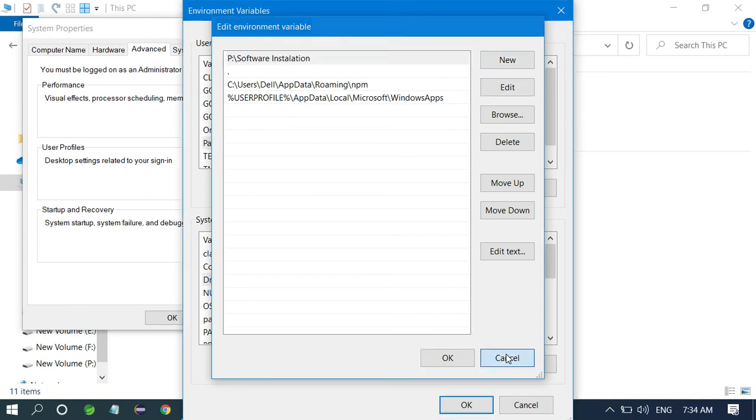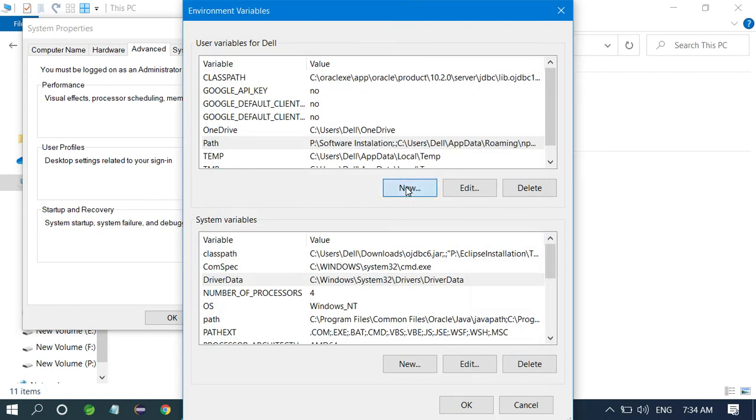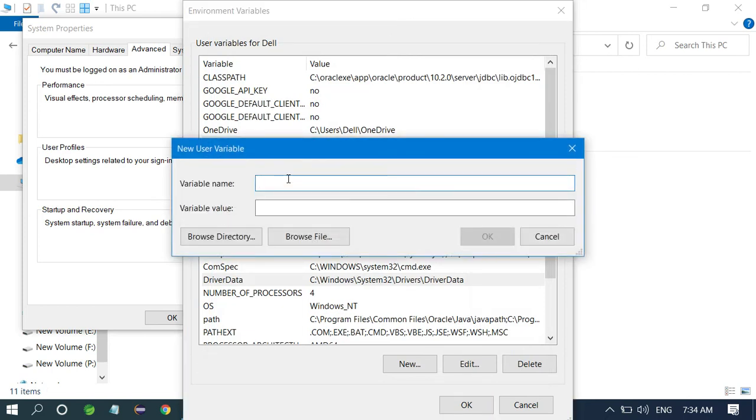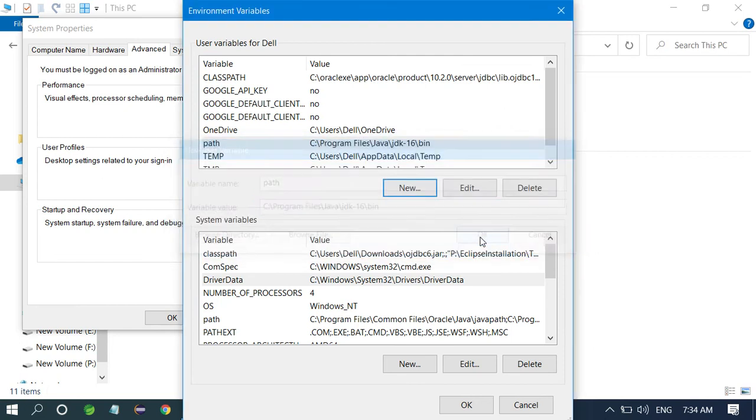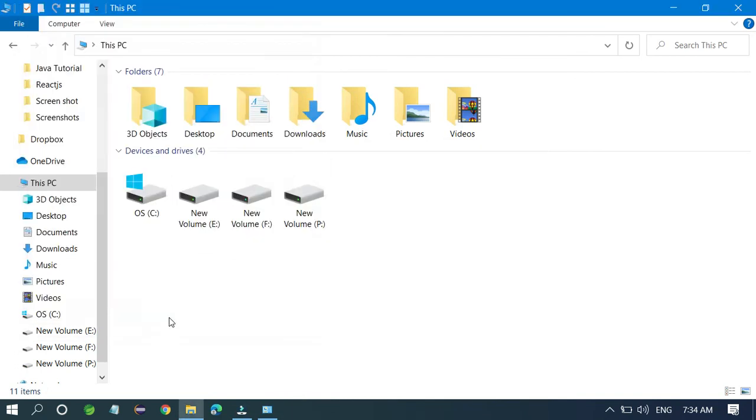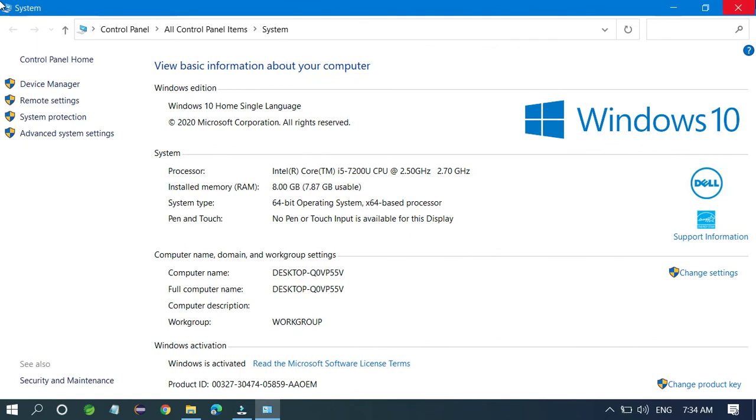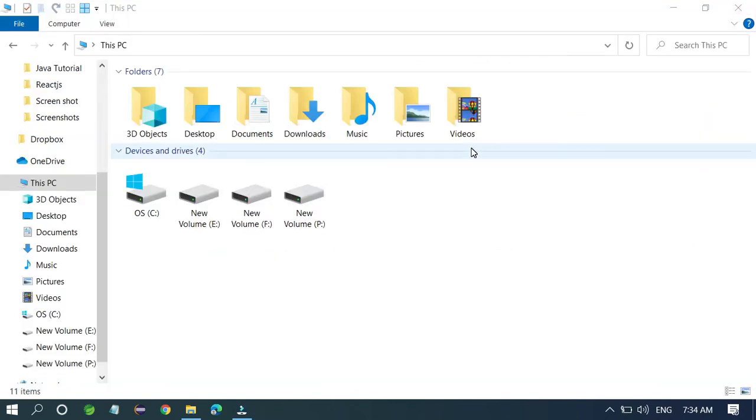Otherwise you have many options: click New, write the path, and whatever you copied just paste it, click OK and OK. Okay, your path is set. Now you don't have to do anything, everything is done, and now you can run your programs anywhere in your system.